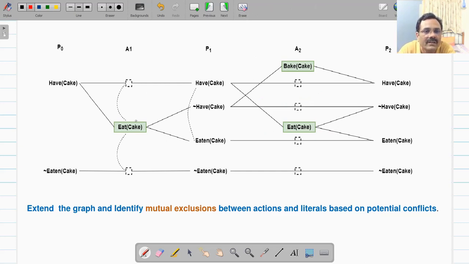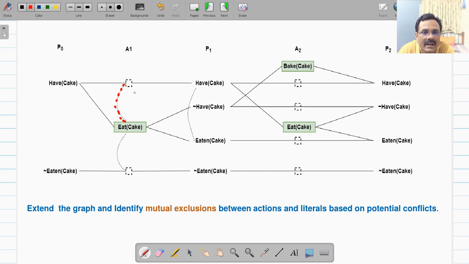Now here, eat cake has effect not have cake, and this persistent action have cake has effect have cake. So both are mutex. Therefore you can introduce here a mutex link between have cake and eat cake, because the effect of eat cake is not have cake.